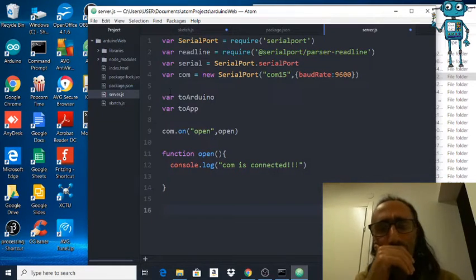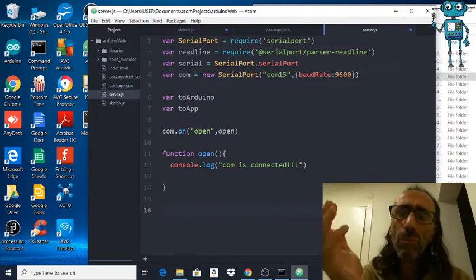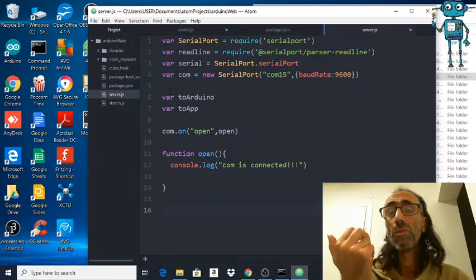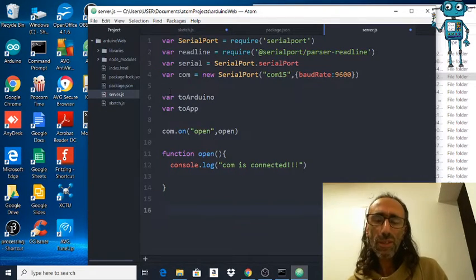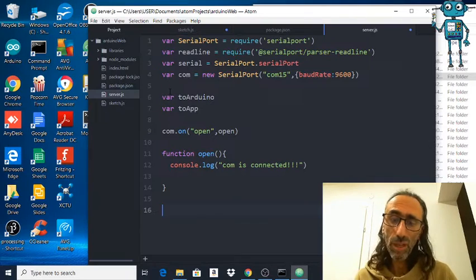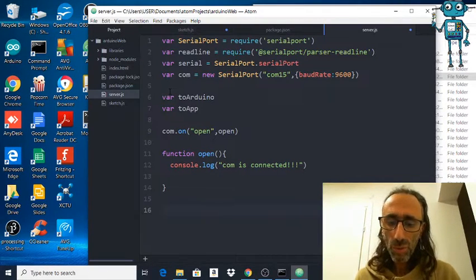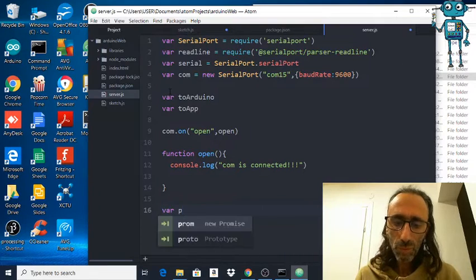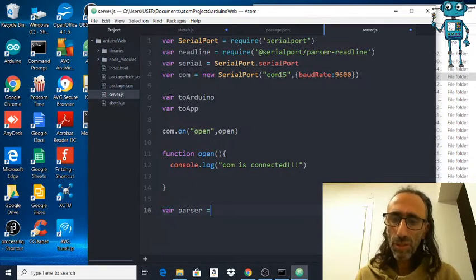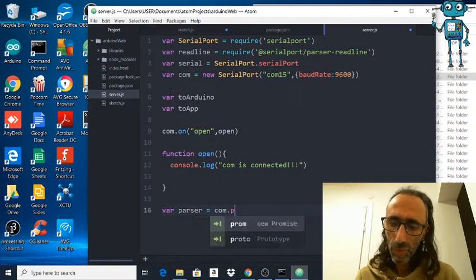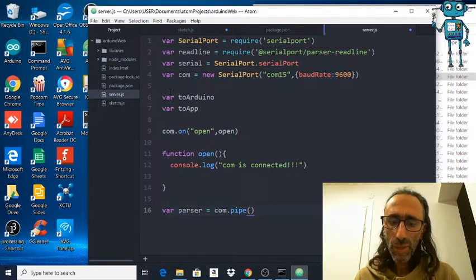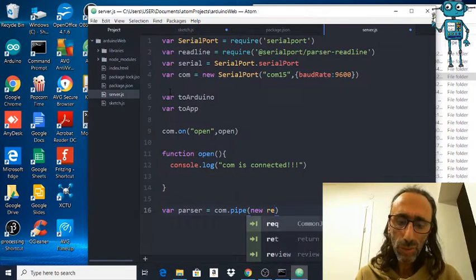Now what we will have to do is create a variable that will deal with the data that we get. The Arduino will send the data, we will get it as a string, and we will have to cut it in the right places. So I will say parser equal com dot pipe, and we will make new read line,